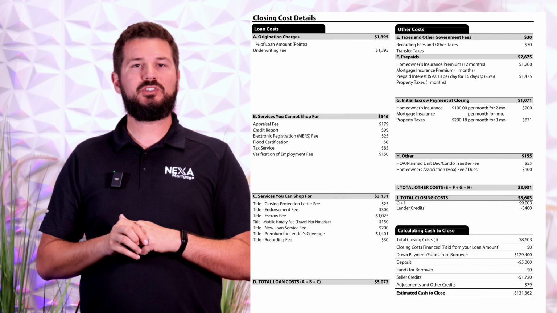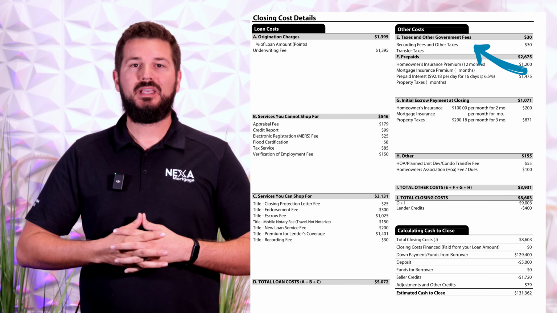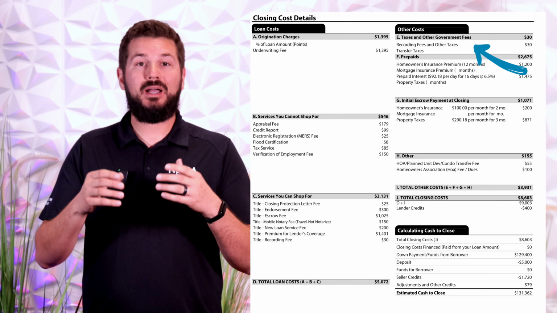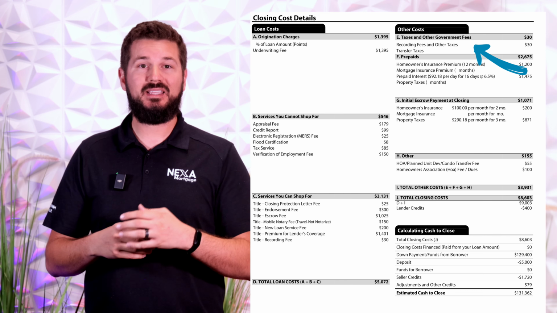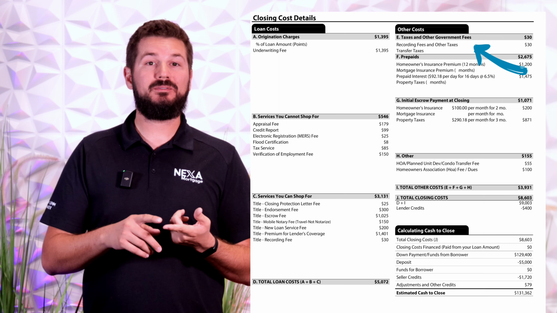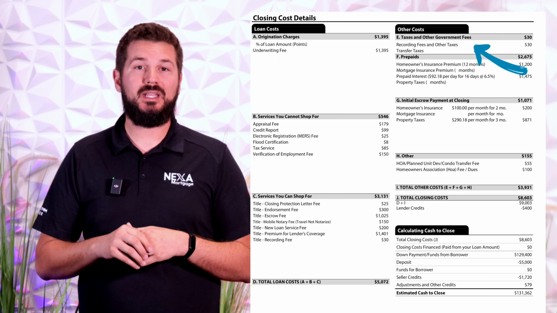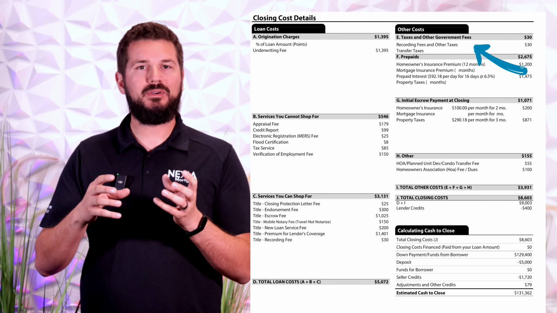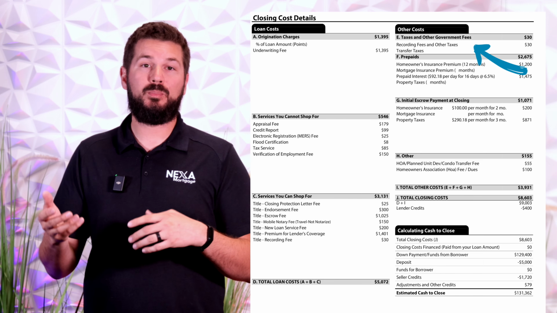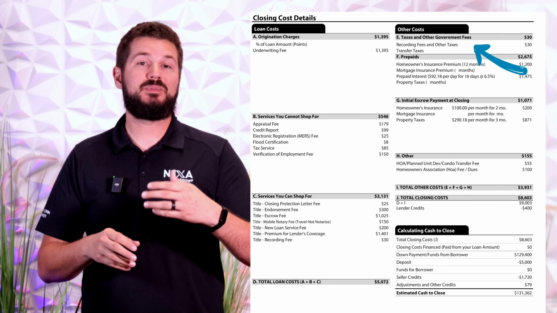Now let's move over to Section E, taxes and government fees. These are unavoidable charges set by the government, by the county, by the state. And these include fees like recording fees, transfer taxes, county tax stamps, and other things that you might encounter. The specifics, however, can vary greatly depending on where the property is located, and those can add a substantial amount